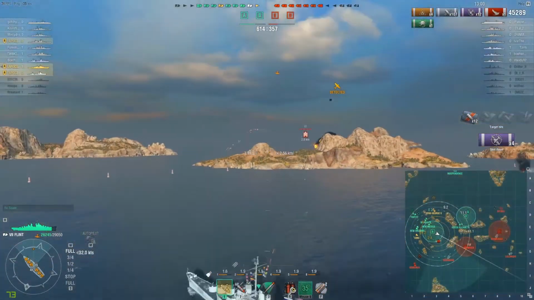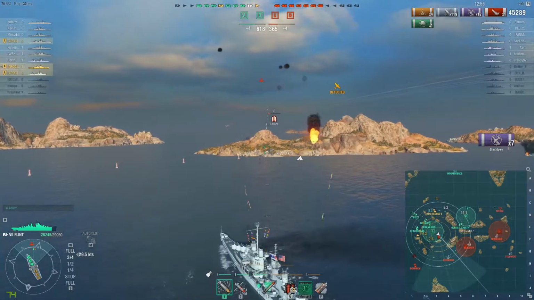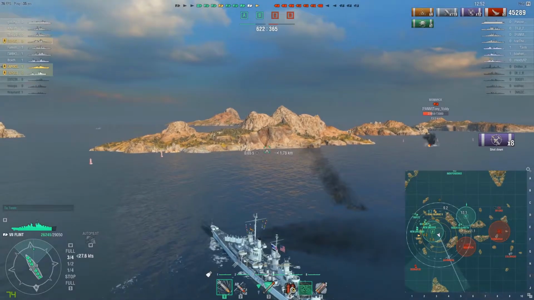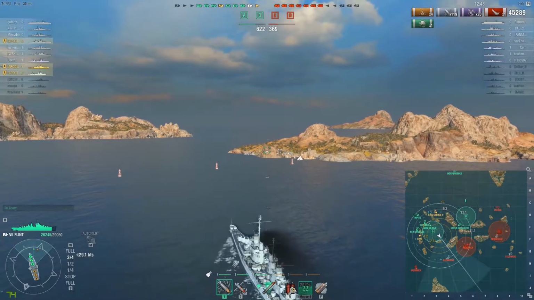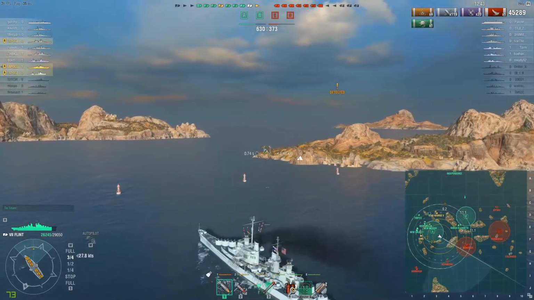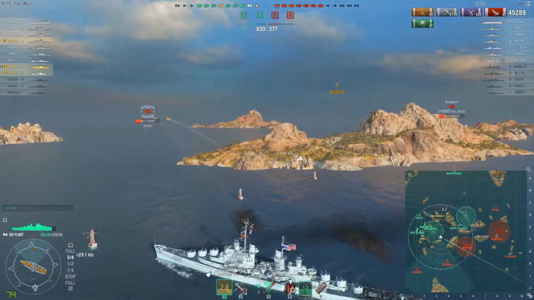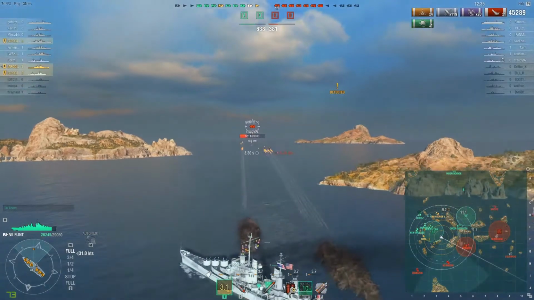Again, CV's coming at me. Just look at these planes. As soon as they get within my 6 kilometer AA, this guy had no chance. And I wish there was more planes because I still have another 25 seconds of defensive fire for myself. Again, these are tier 6 planes, but at the end of the day, when you've got unlimited defensive fires and